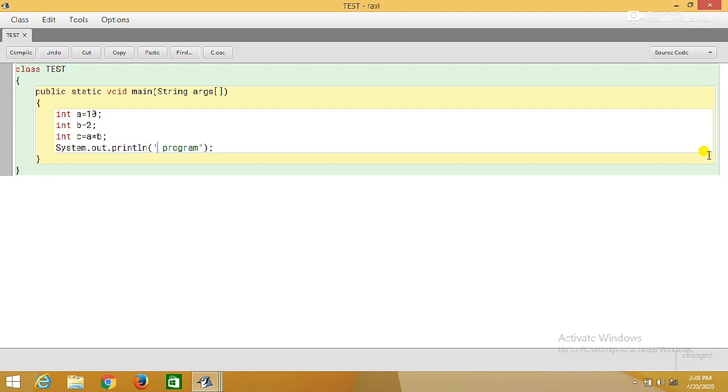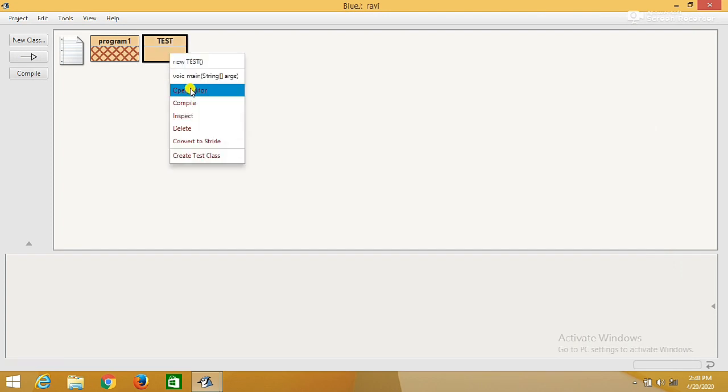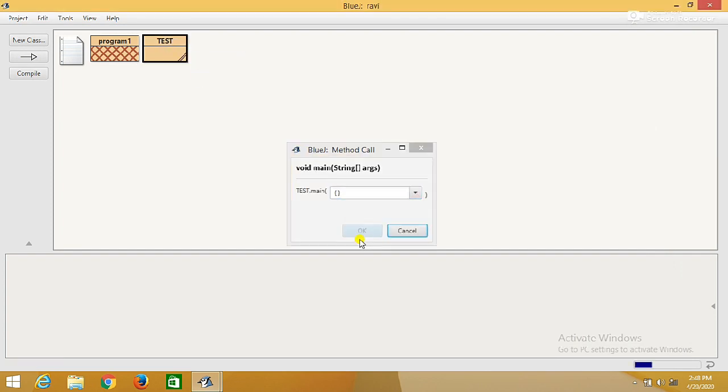Here you have to print the result. It is a product, so you can prompt by writing product, and then place a concat sign plus, which is used to concat two values. One must be a string. c is the result. So you just write c. Now you have to compile. You will get no error. Close it. Again do the same process. Go to main, press OK. You'll get the result product is equal to 20 because you multiplied 10 into 2.